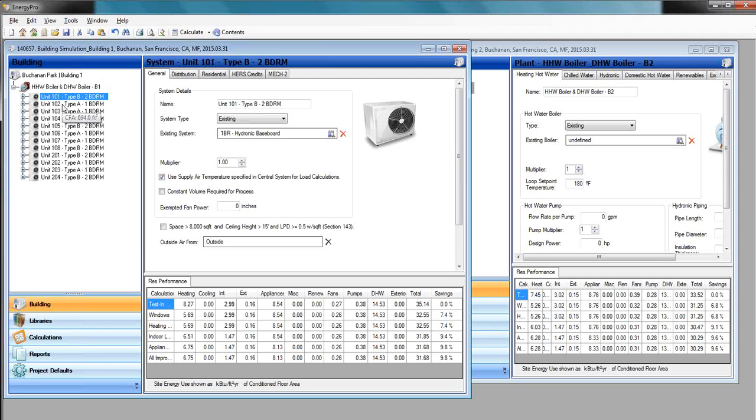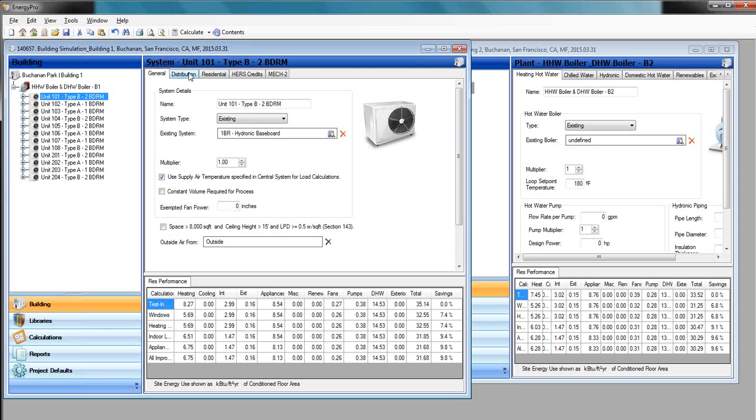Now, I build my energy modeling unit by unit because I use it for a lot of different avenues. It's not required by the program to do it that way. Mike wanted me to make sure that was clear, that you don't need to do unit by unit. Whole building approach is just fine. However, here at Partner Energy, I use modeling for a lot of different avenues, and it's easier for me just to do it unit by unit so I can use the same model for other things. So just imagine that this is just a whole building